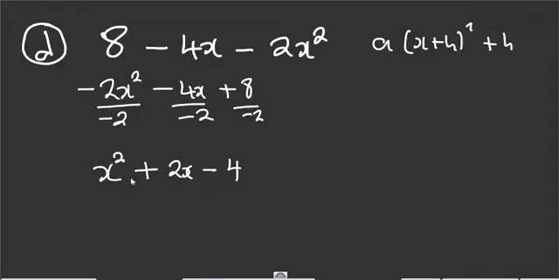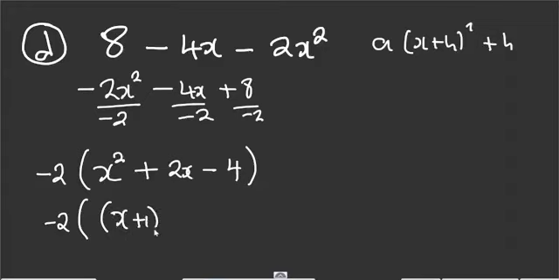Then when you reach this stage, remember what I said at first. Don't forget the negative 2 here. So you can put a negative 2 outside the bracket, so that it will give you back the original expression here, because we want to express in this form. Then from here, I'm going to say negative 2 open bracket. So we'll get x plus 1 squared, then minus 1, then minus 4. Again, we close. I hope you are moving together.